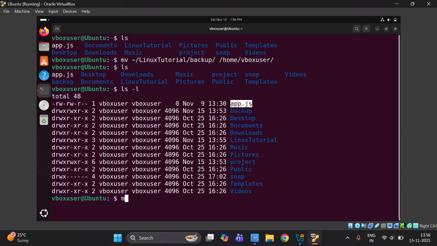So if I do mv app.js, and let's say I want to rename the file, but where do I need to paste, or you can say move this file? I want to move it to my current working directory itself, where this file is present. I just want to rename the file. So in that case, what I can do is mention